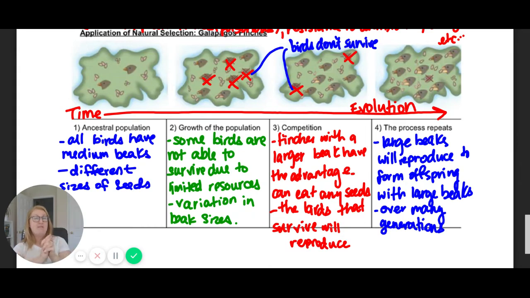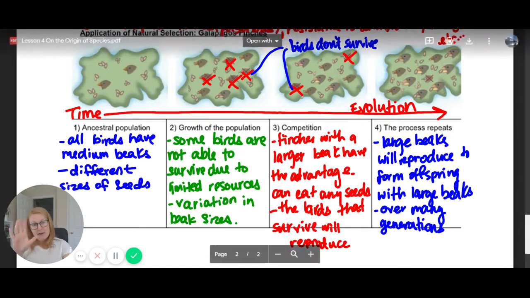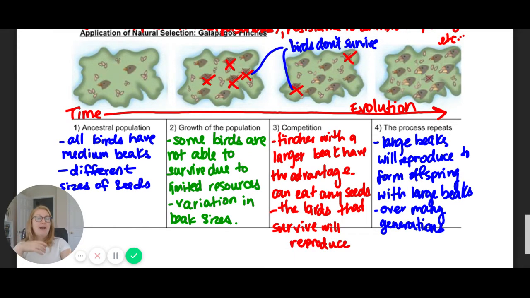So those birds that have really large beaks, they're going to be able to eat any of the food source. They can eat small, medium, or large seeds. The ones with really tiny beaks, they're not going to be able to eat everything. They only have basically the one option, the one smallest seed. So in this scenario, the finches that have a larger beak have the advantage. Their fitness is going to be a lot higher. And as I mentioned before, if those birds are able to survive, they're going to be able to reproduce themselves a lot more.